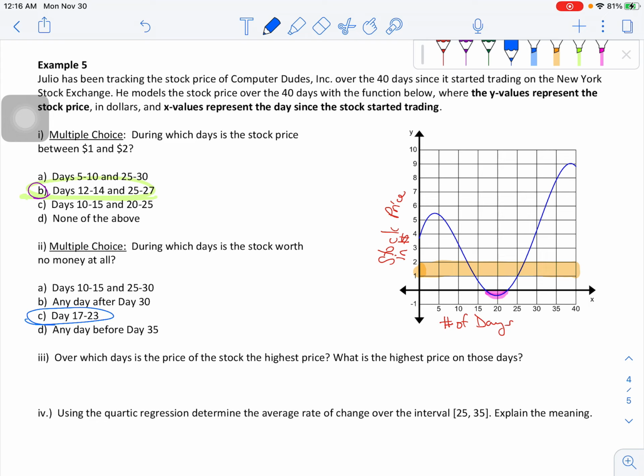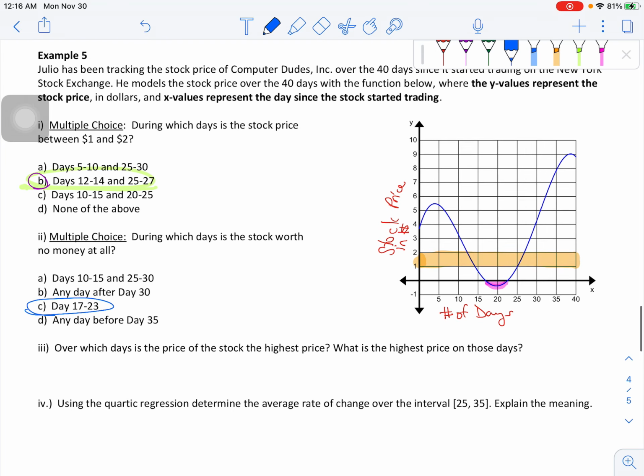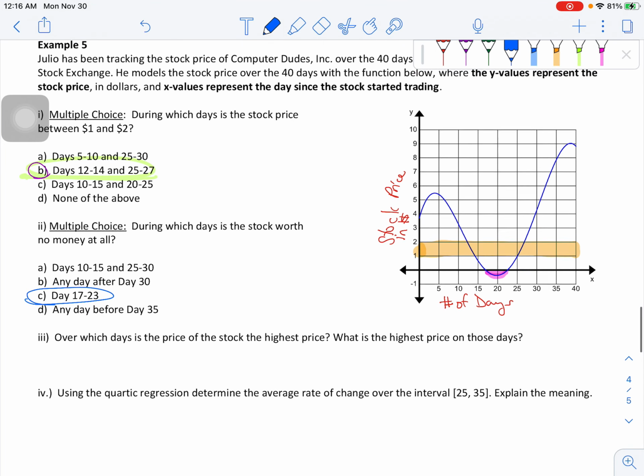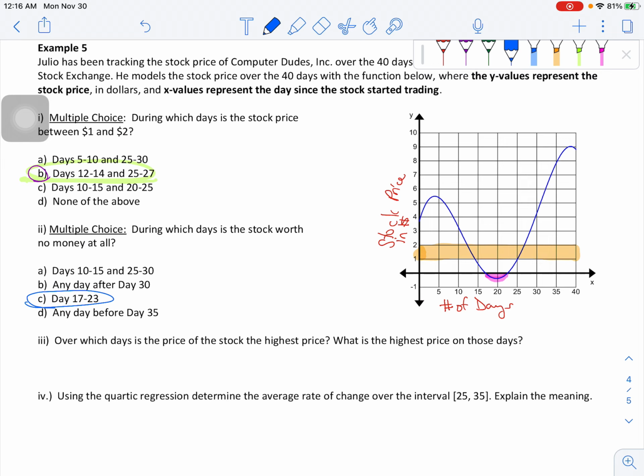All right. Over which days is the price of the stock the highest price? And what is the highest price on those days? So for this particular function, there are 2 maximum extrema that we can see. We have a maximum right here, and we have a maximum right there. So if we look at this maximum, I would say that's about day 4. And we have a high price of, I'm going to think $5.50. So day 4